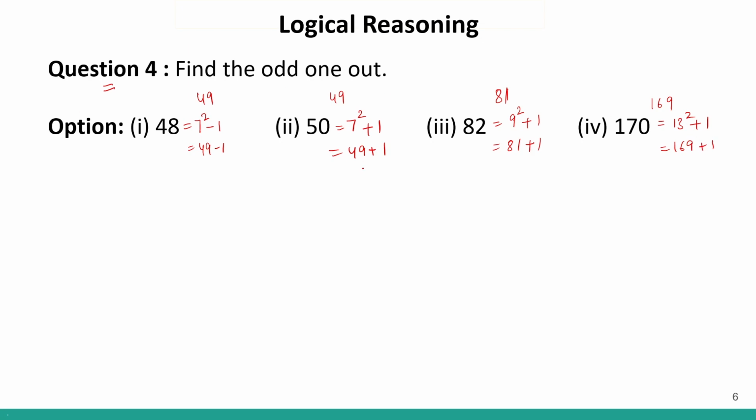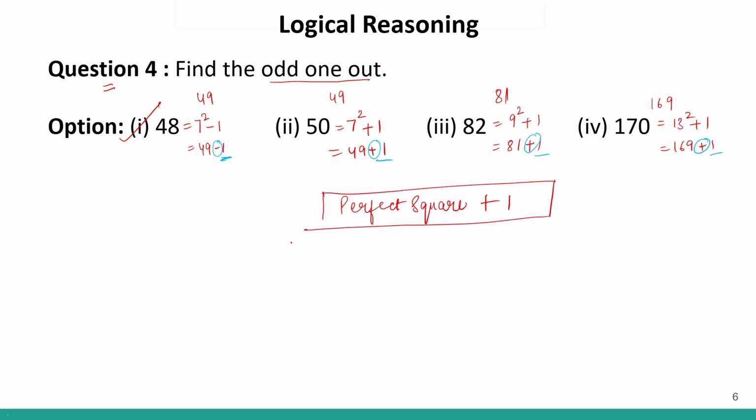So in all these there is an addition. Correct? In all these I can see that we are adding how much? 1. Correct? But only in this option we are subtracting 1. Therefore, option number 1 is the different one. It is the odd one out because it does not follow the same logic. Okay, so the logic was we took a perfect square and we were adding 1 to it. This was the logic. Okay, now